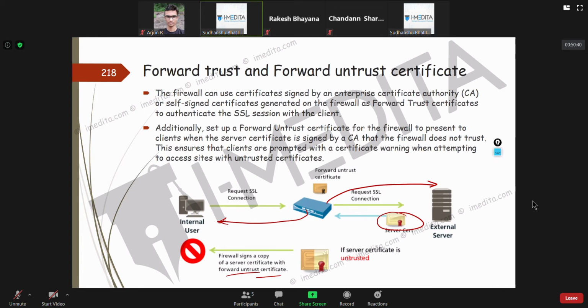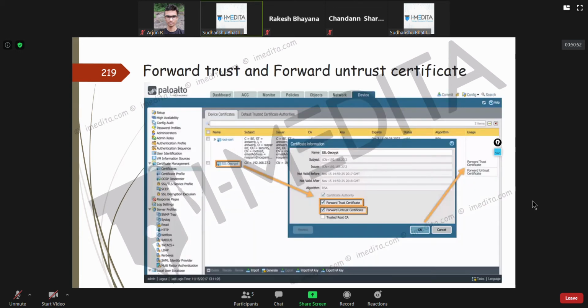But it is highly recommended to keep these two certificates separate. Okay, clear on this? These are the checkboxes.